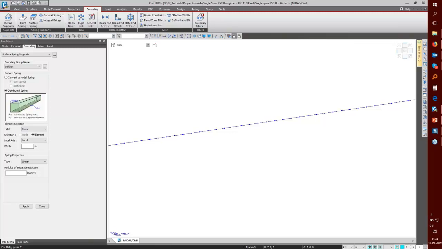There is another question: how to provide subgrade reactions if we have two types of soil? Can you be more elaborate? Two types of soil, so is it layers? Two layers of soil? Okay. So when we have two layers of soil,